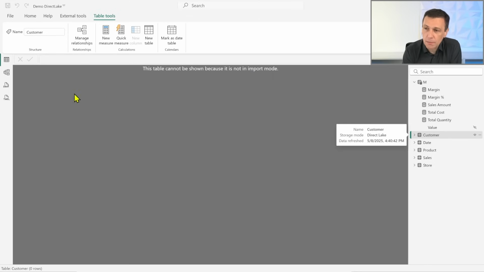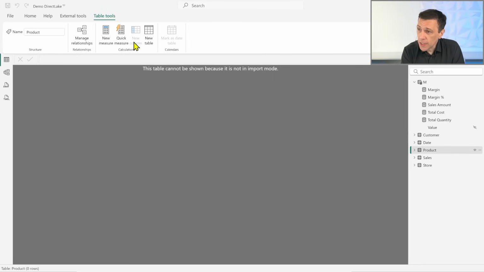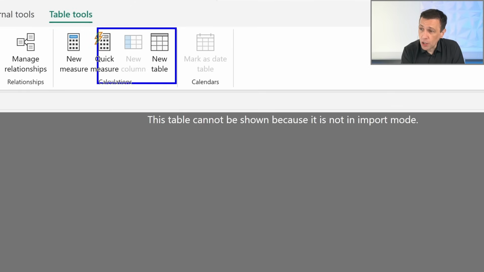Power BI desktop model, because if you remember, the next step was, okay, now I want to create the price range, right? We used a calculated column for the price range, and now if I go back to product, you see that I don't have new column. New column is disabled. We cannot create a calculated column, we cannot create a calculated table in a Direct Lake model. We cannot use the Power Query because we don't have any transformation between the data source and the semantic